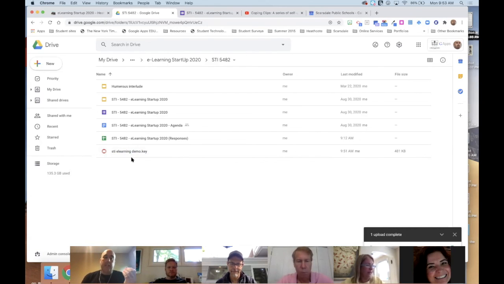Another example of that are Smart Notebook files. You could certainly save Smart Notebook files into Drive. You just can't run them out of Drive, and they won't function as Smart Notebook files in Drive. You have to download them. And then if you make a change to it, you want to erase the one that's in Drive, because